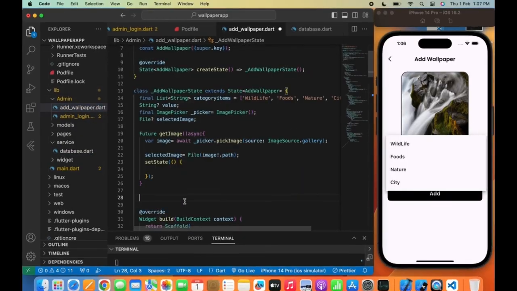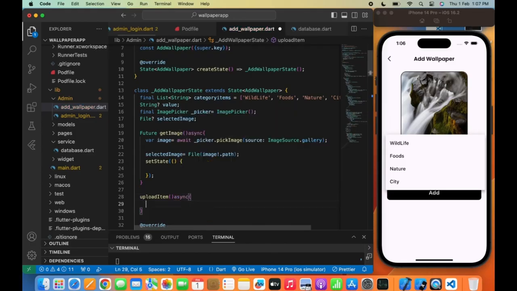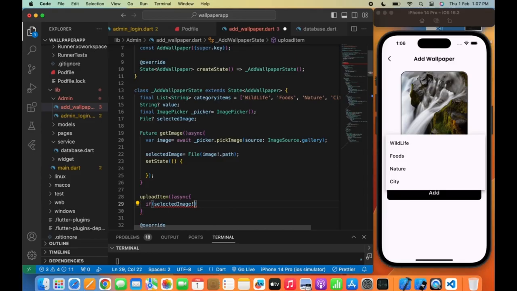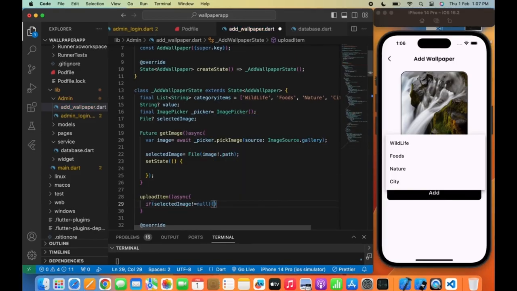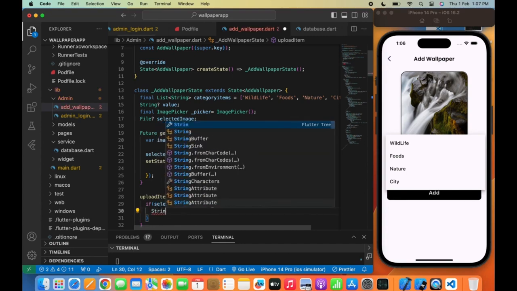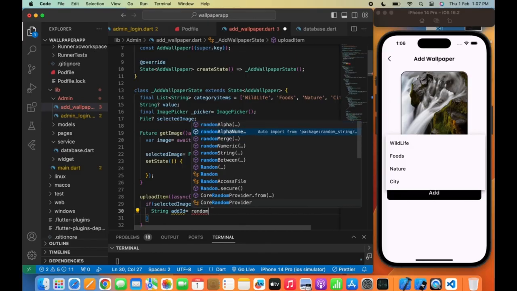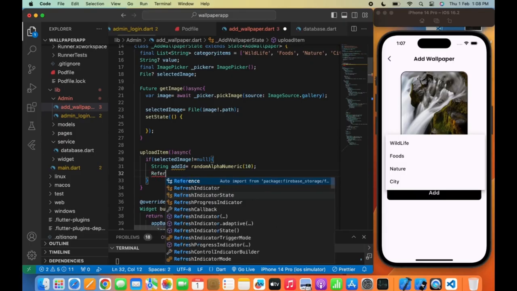Now we'll create a function named uploadItem here, and we'll write if selectedImage is not equal to null, it means that the user has selected the image to upload to the Firebase storage. Now we'll write String addId here so that we can provide a unique id to each image that will upload to the Firebase storage. Now I'll write Reference, Firebase storage